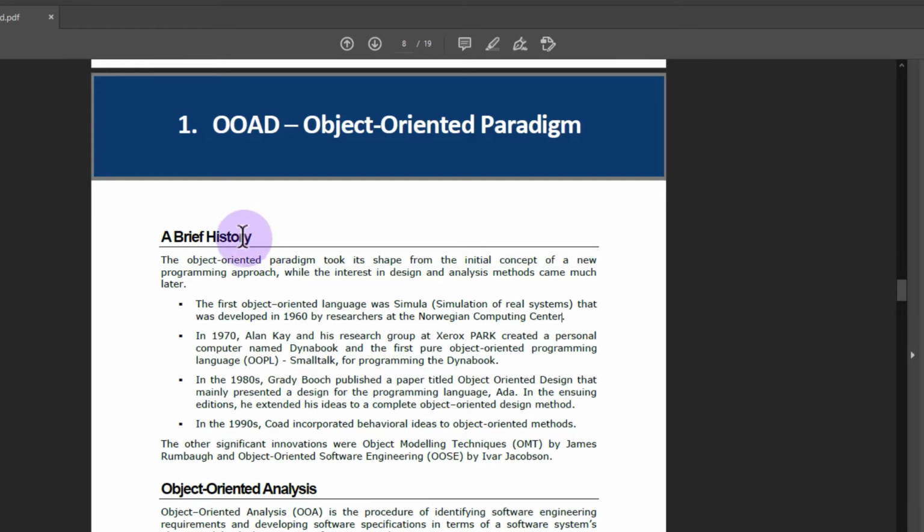Oriented analysis and design. 1. A brief history. The object oriented paradigm took its shape from the initial concept of a new programming approach, while the interest in design and analysis methods came much later. The first object oriented language was simulation of real systems, that was developed in 1960 by researchers at the Norwegian